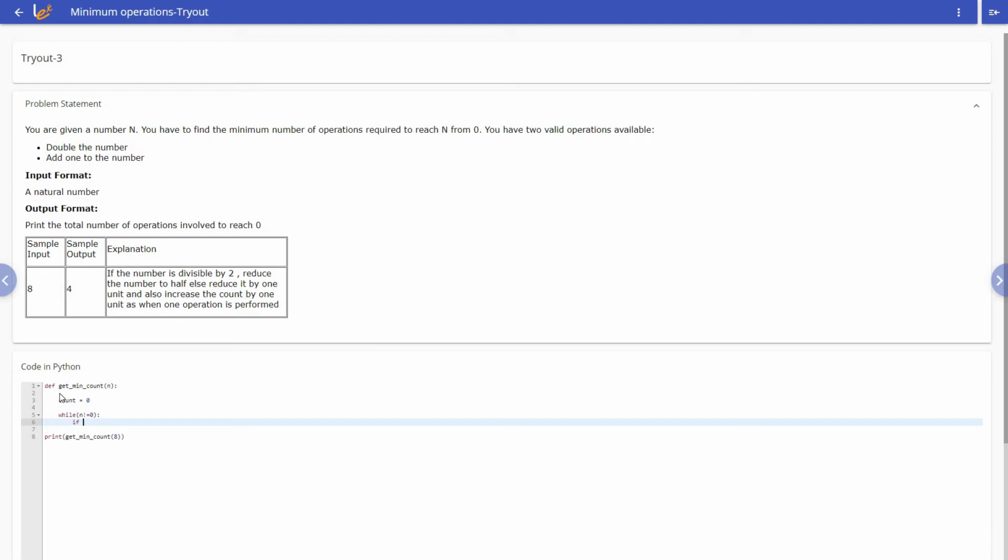So from 8 we are trying to reach 0. The first step is 8 divided by 2. There are two operations that could be performed. 8 divided by 2 would be 4. Then 4 divided by 2 would be 2. And 2 divided by 2 would be 1. And when the value is odd, we just subtract one. And in case of even, we just divide it by 2. So that's the idea. So if n percentage 2,